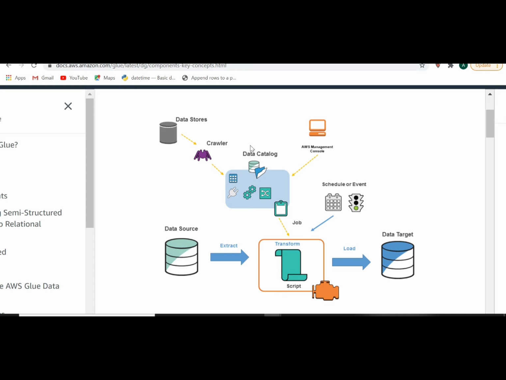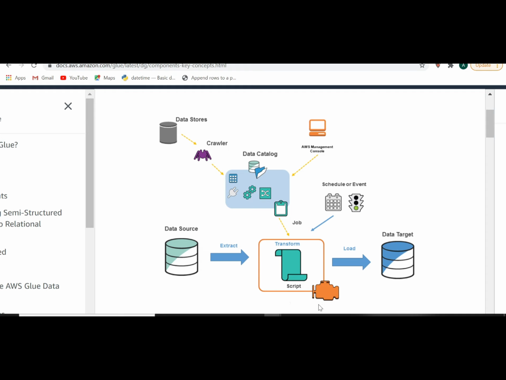So you will have the metadata of the source and the metadata of the target in the form of tables. Once you have those source and target metadata tables, you have to create your job. Once you create the job, you have to provide the source and target destinations, and write the transformation logic in the form of a script.